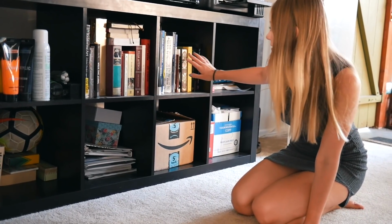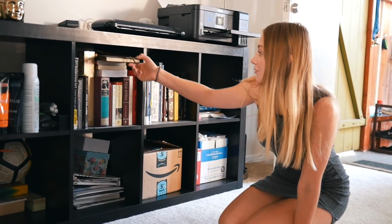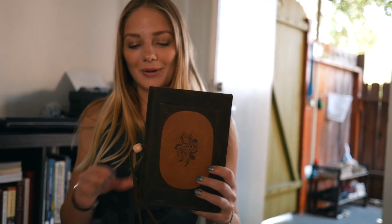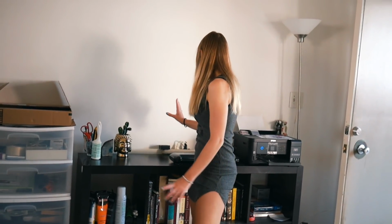But most of these books that are here I've already read, and Vas has read them too. And look what I've got recently. My boyfriend, who is by the way behind the camera, was traveling out of town and he went to Nashville, Tennessee, and he got me this handmade leather journal from Italy. I've been wanting to get something like this for a while, but they were quite expensive. So over here we also have some of the decor,